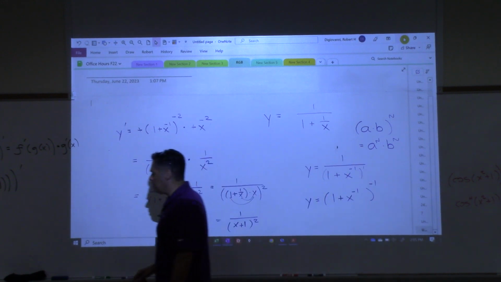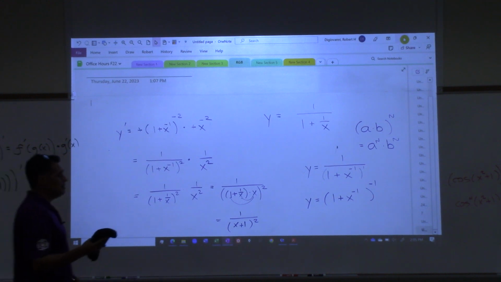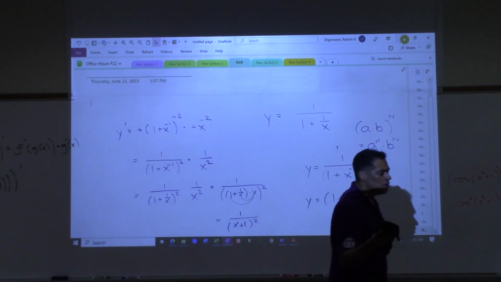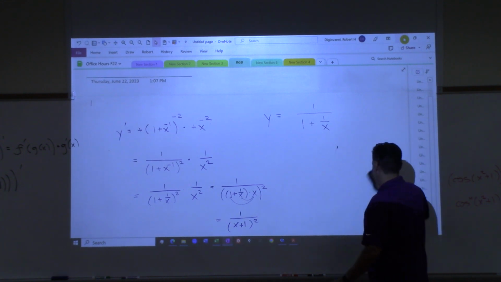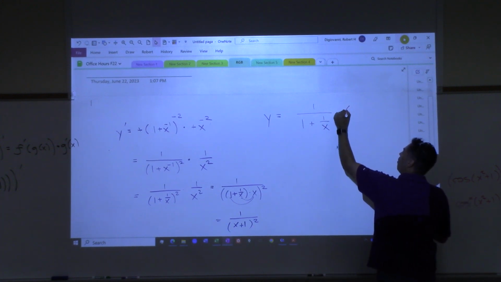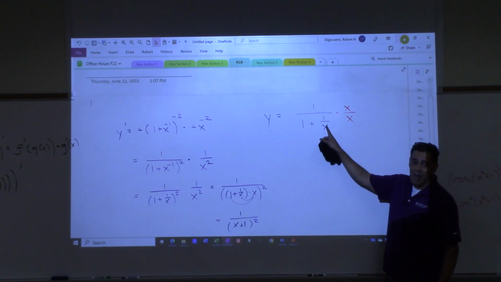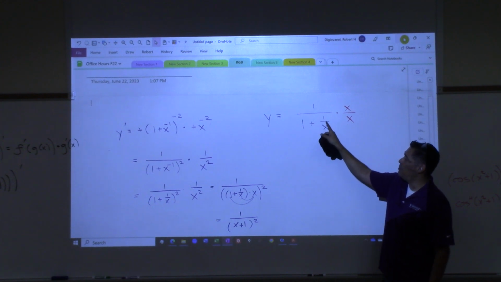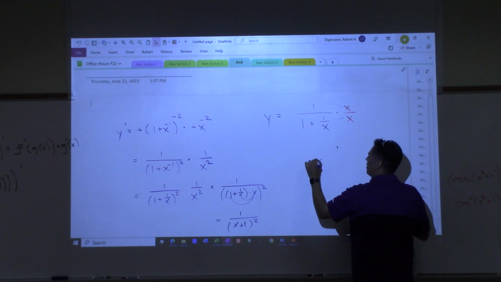So when I started this problem, I said there's several ways to do this, right? Didn't I? And one suggestion, what was your name again? I'm sorry. Grant. Grant said, you know, I don't like your way. And you decided to do what? Multiplied the whole thing by x over x. Are you allowed to do that? Can you take anything and multiply by 1? Yes. Okay, now, why did you do that? To get rid of the fraction. You just didn't like this complex fraction, right? So you wanted to get rid of it, so you said, I'm going to multiply by x, and it would go away. If we do that and distribute top and bottom, on the top you get x, on the bottom you get